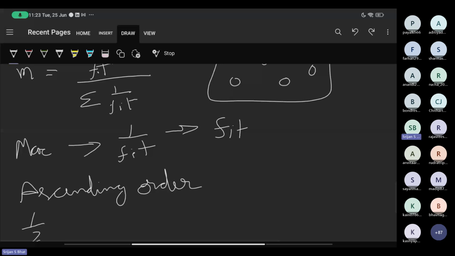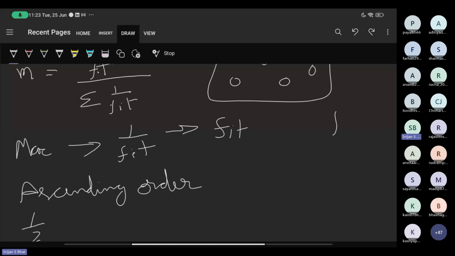Yeah, it should be fitness by summation of fitness because the higher the fitness, it means it's closer. It again depends on if it is just the optimization problem. Sometimes there are also other measures to measure fitness, but if it's just the optimization value, then as your fitness increases, your mass increases.